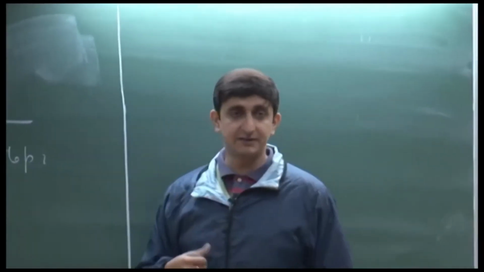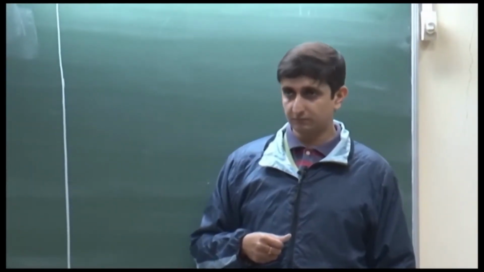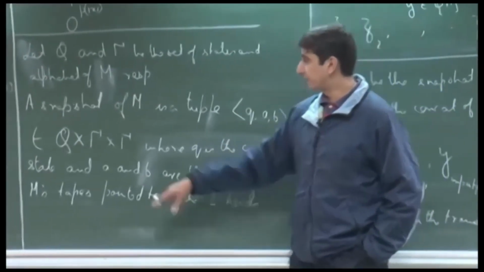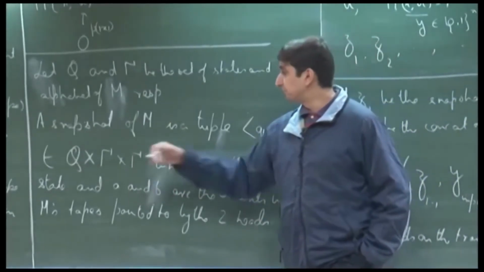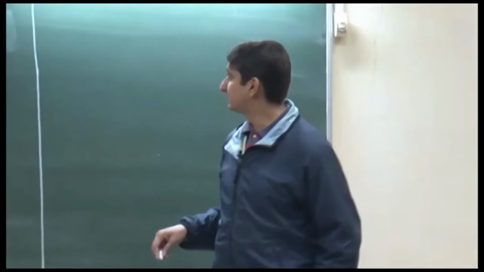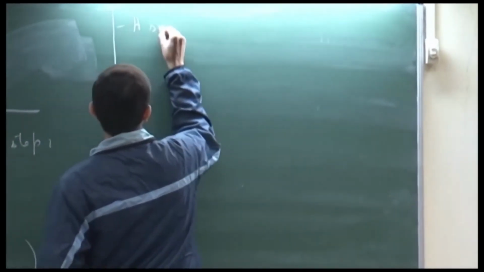Basically it requires log of q plus some 2 log gamma. So, in other words, a snapshot